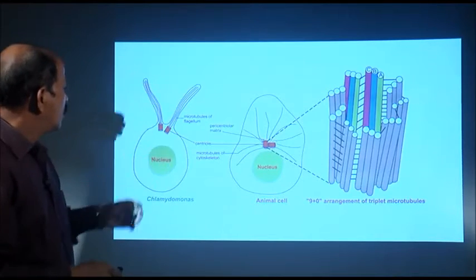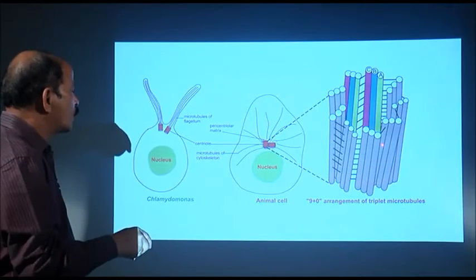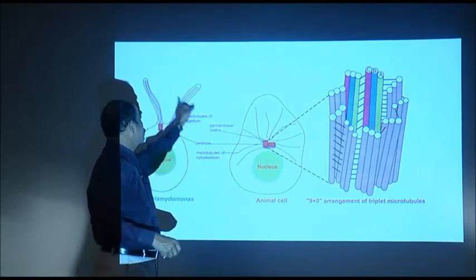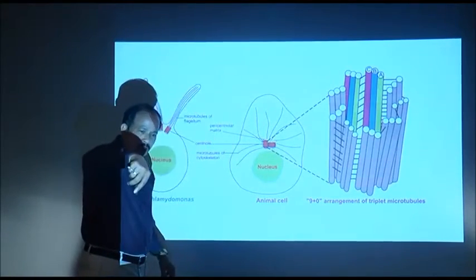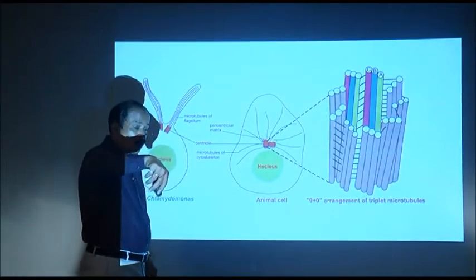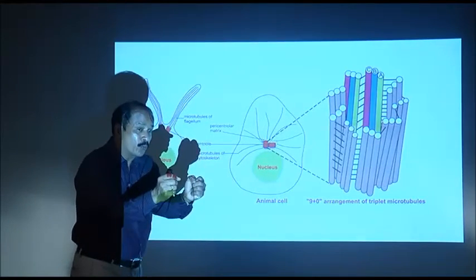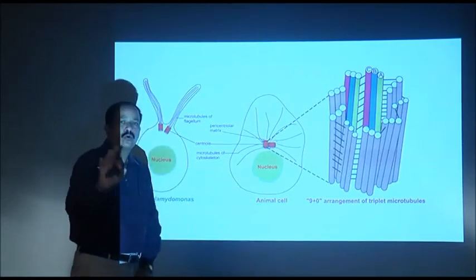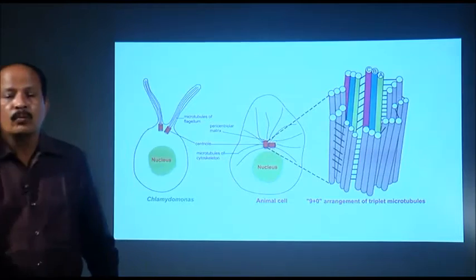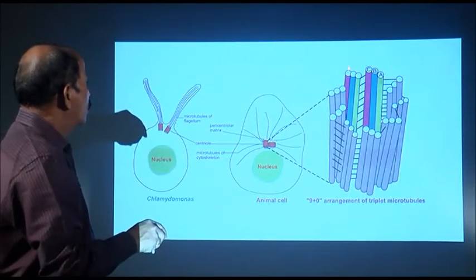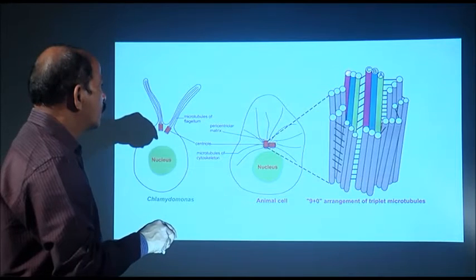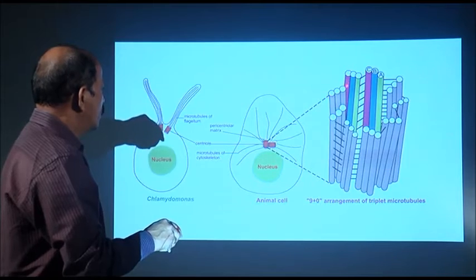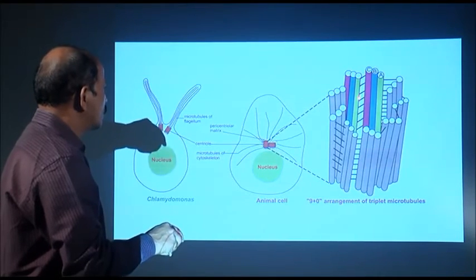And what I mean to say, this 9 plus 0 arrangement, because in the flagellum, if we take the section here, we can find 9 doublets, and in the center there are 2 singlets, 2 protein filaments, microtubules are there, but in this, in the center no microtubules are there, only 9 groups. This is one triplet, this one that is in the red color, so to say, this is one microtubule, this is another microtubule, this is another microtubule.